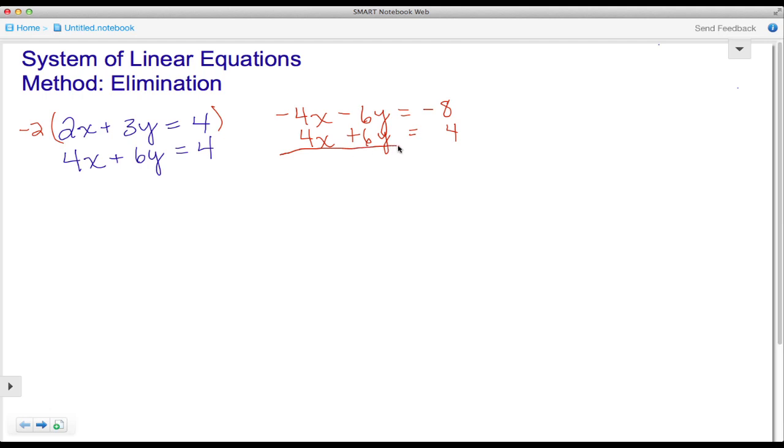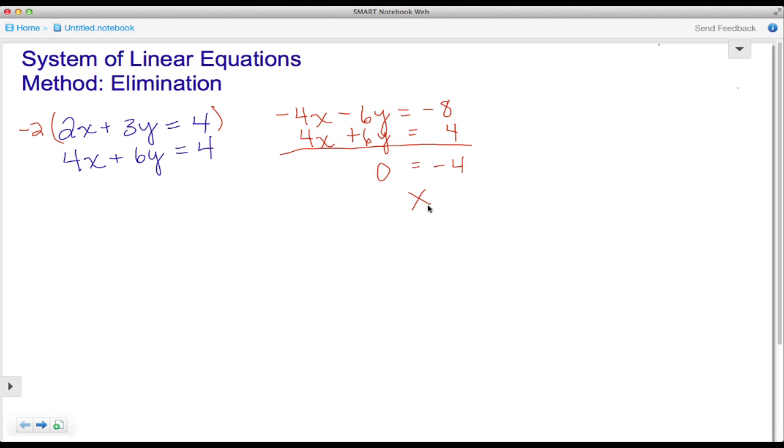Alright, what I see is both the x and y terms are going to be eliminated. So this here is going to turn out to be 0. Everything on the left of the equal sign is 0. And then to the right I have negative 8 plus 4 to give me a negative 4. And here we see that 0 is equal to negative 4. And that is basically an incorrect statement. It's a false statement. This is known to be a contradiction or an inconsistent set of linear equations.